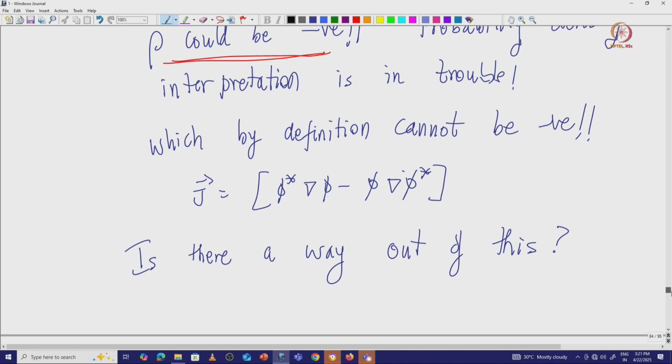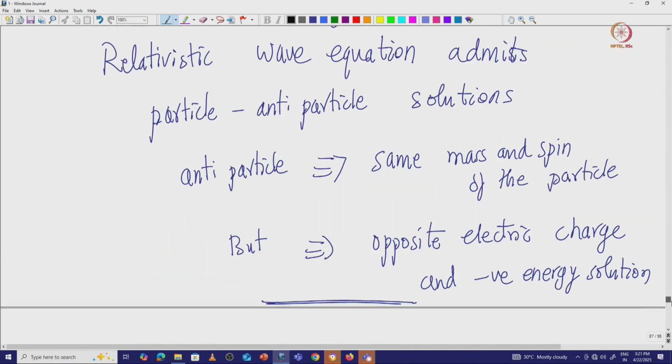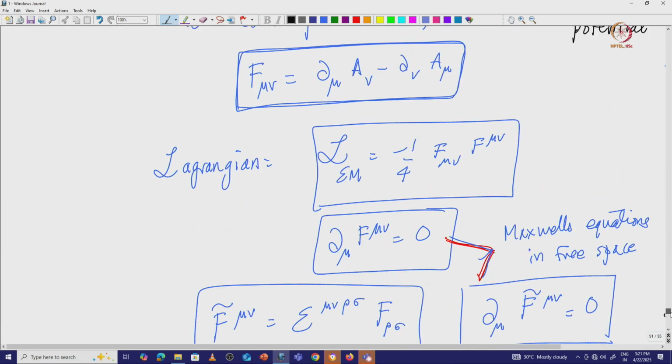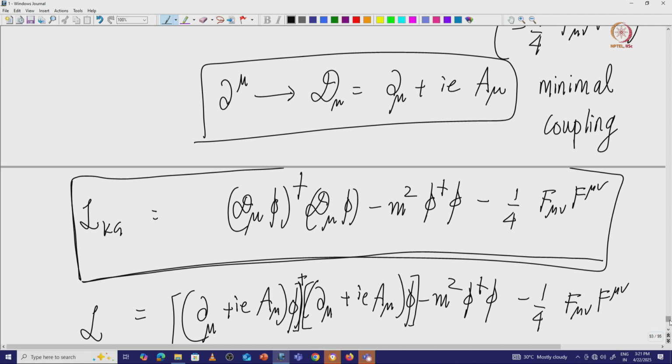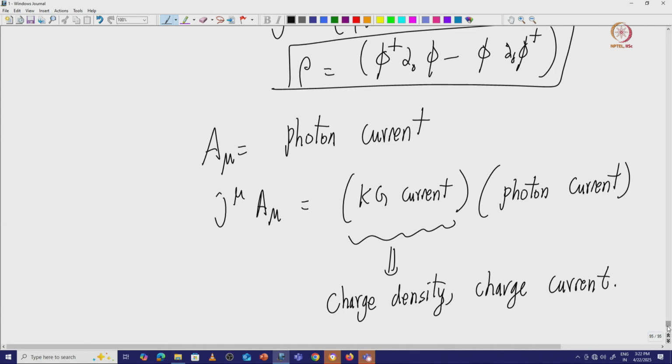because they couple with opposite minus signs. Okay. So, phi and phi dagger will have opposite currents. They have opposite charge densities, they have opposite currents, and this should not be interpreted as probability density, but instead as charge density and charge current density. Okay. So, I hope I have convinced you about this particular part.